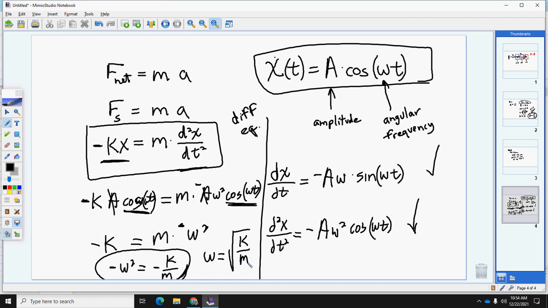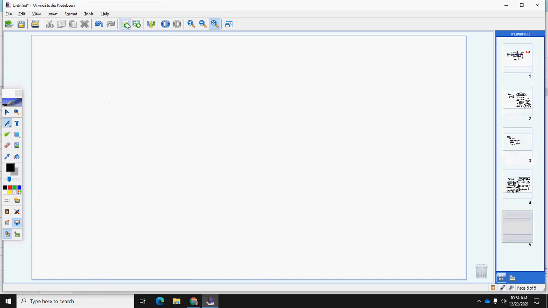So now we know A is how far back you initially pull the object, and this constant omega happens to be equal to the square root of k over m when you're dealing with a mass on a spring. If you're dealing with a pendulum, which is what we're going to do next, omega will have a different value. Once you know what omega is, you could write down all the formulas you want to know for that particular